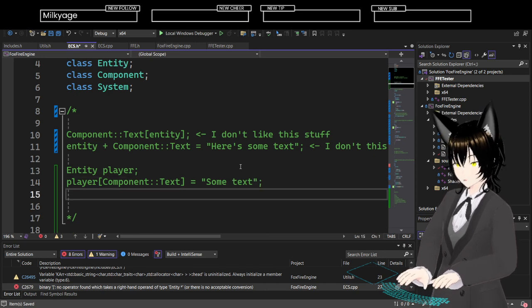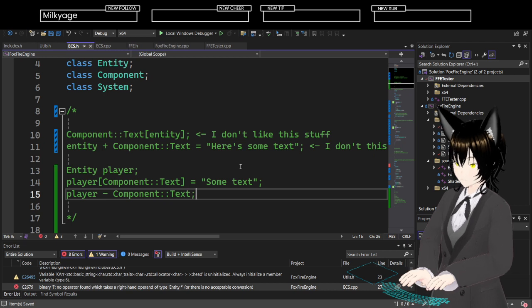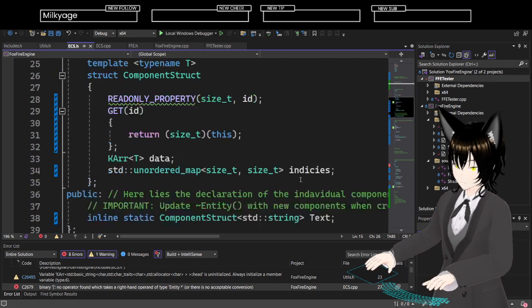Alright, and then I can do player minus components text. Yeah. That does make a lot of sense. Yeah, so I'll do that.